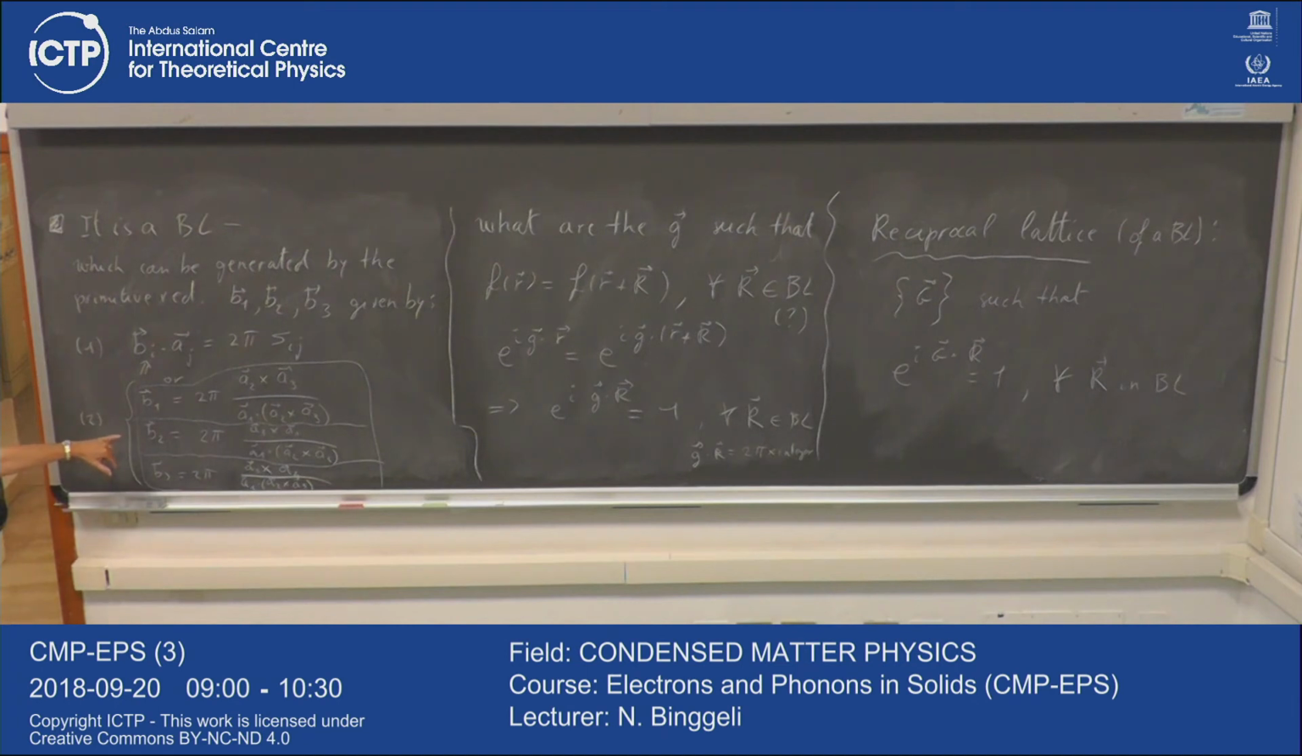By cyclic permutation, one has the same for the other two. B2 times A2 is equal to 2 pi, and B2 times A1 is equal to 0 because A3 cross A1 is perpendicular to A1. So this is fulfilled in this direction. And then the other,